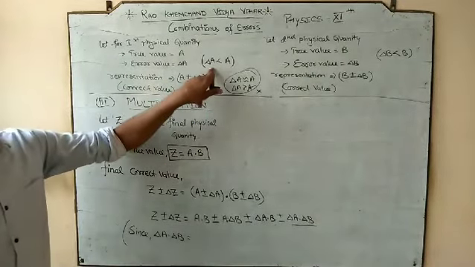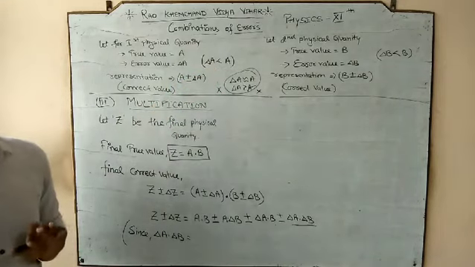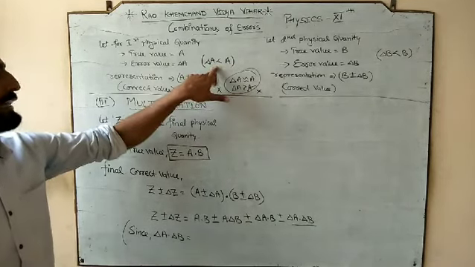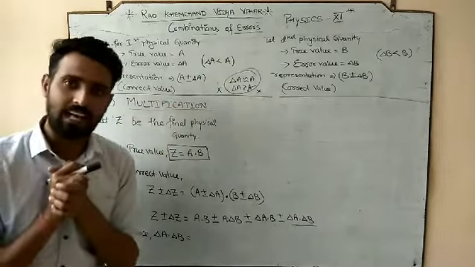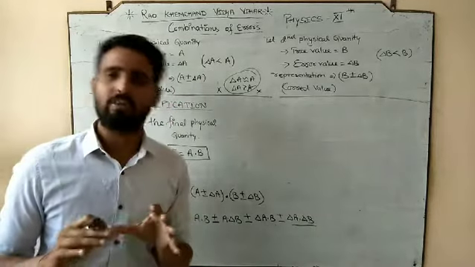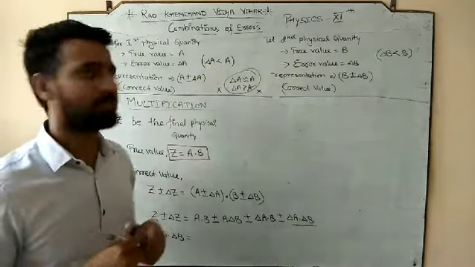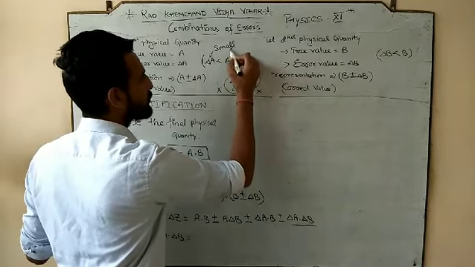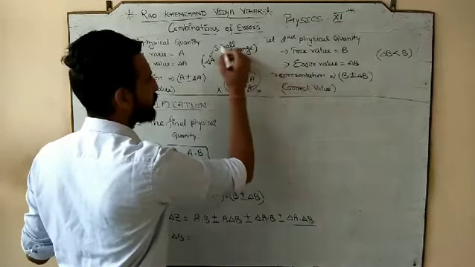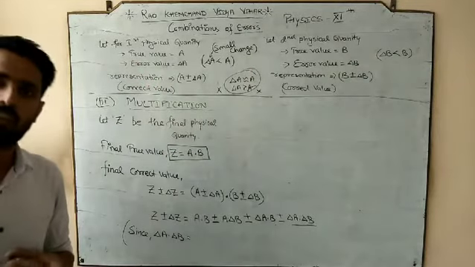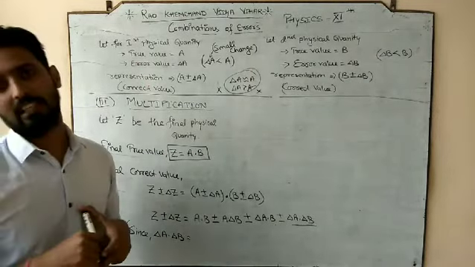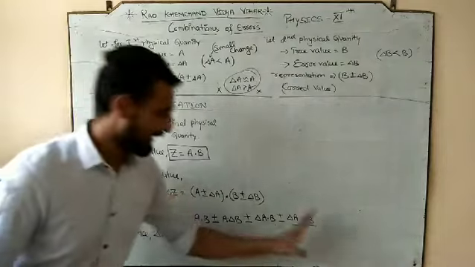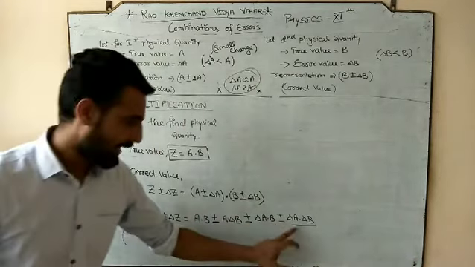You are only acceptable when the error in any quantity is less than that. Less than means I am talking about very much less than. Not that this is 100 and that is 90, and you say sir, 90 is less than 100, we are accepting that. Less than means we are talking about very small, and this delta also represents a small change. If you want to know a small change, a small variation in any physical quantity, it always represents a small value. So here delta A is very small, delta B is also small, but they are multiplying.